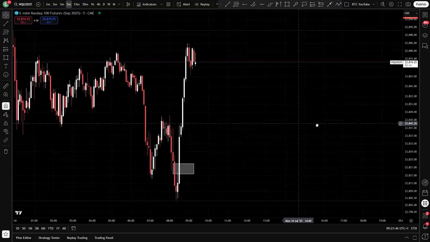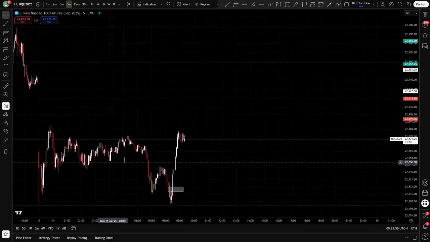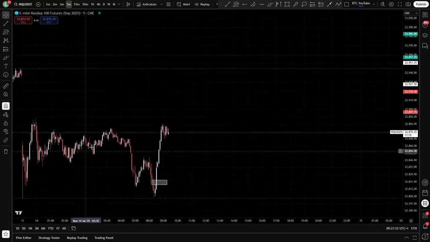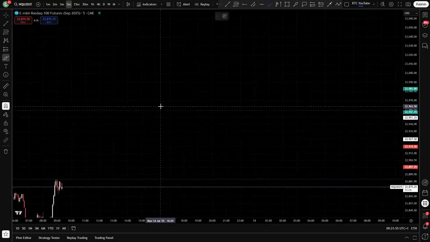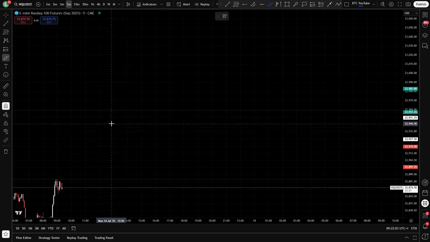So basically just going to show you what the strategy is. So say, for example, we've actually got a really good example of it here. I'd say a reasonably good example, but basically what I'm looking for is these V-shaped recoveries or V-shaped reversals. Some people call them void reversals as well. There's a lot of different ways of saying the same thing, but basically what the way that I trade is